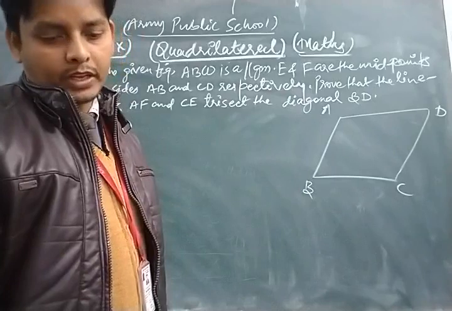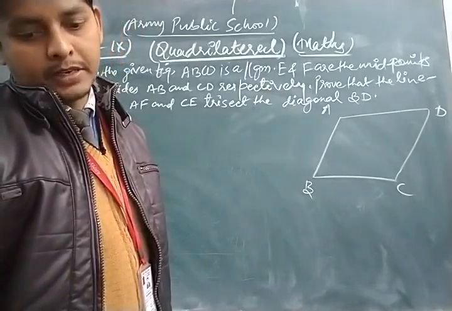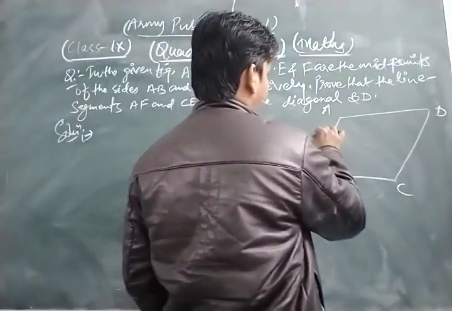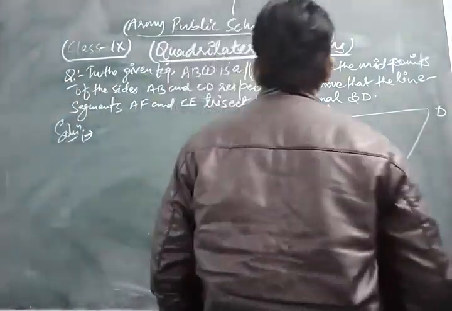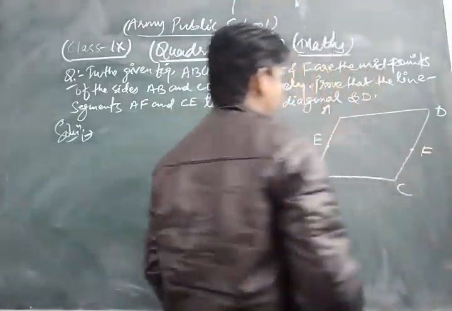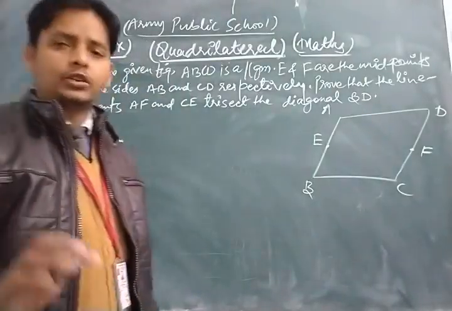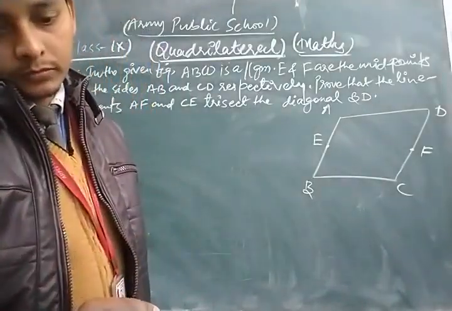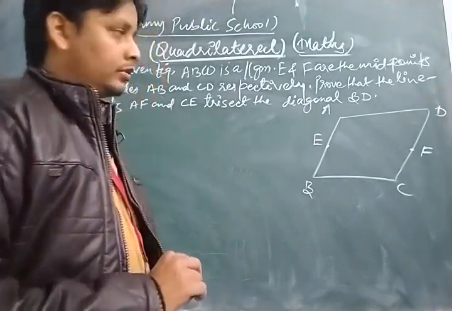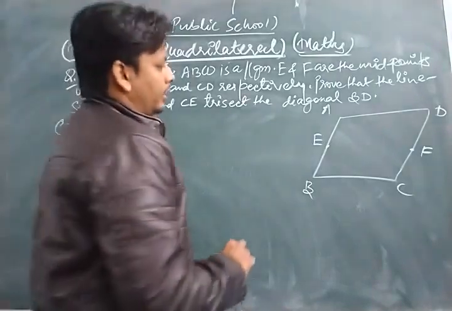E and F are the midpoints of the sides AB and CD respectively, according to the question, and we have to show that the line segments AF and CE, which we join,